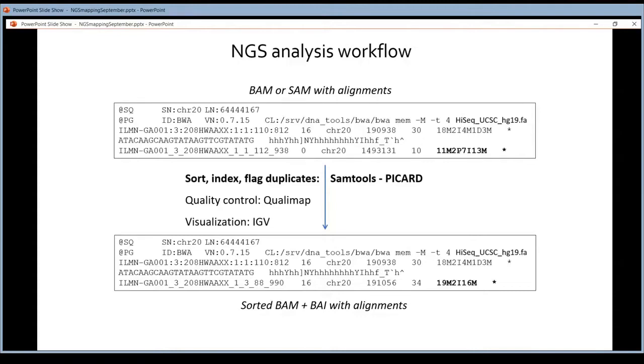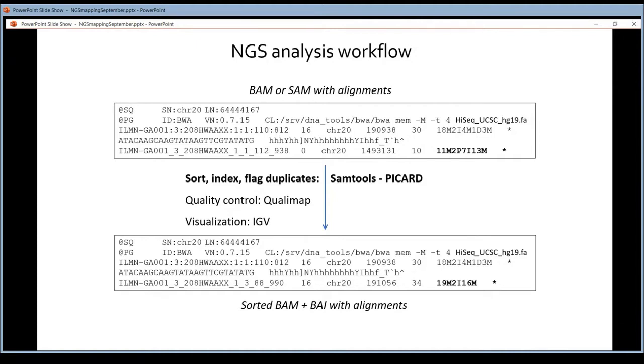It doesn't mean that you're actually going to remove duplicates from the SAM or the BAM file, but you're going to flag them so that the downstream tools know, oh, I already processed this read. That will make the processing for the downstream tools much faster and more accurate. It will make your counts more accurate, because that's typically what you're going to do after the mapping: you're going to count. I will come back to these flagged duplicates. But these are typically the 3 steps that you do to process your BAM and your SAM files.